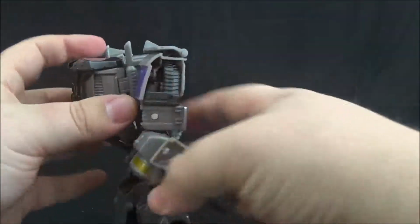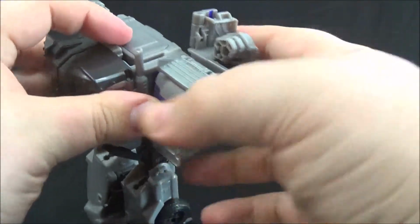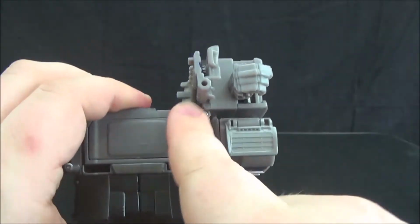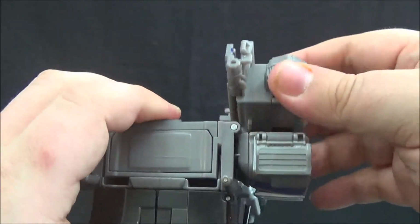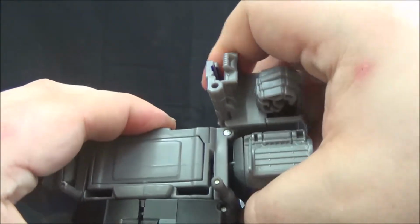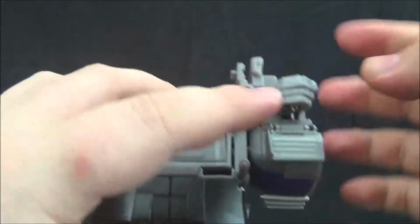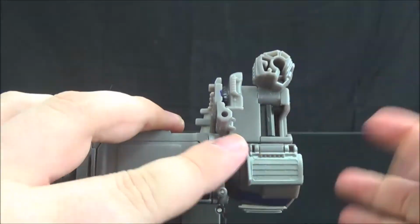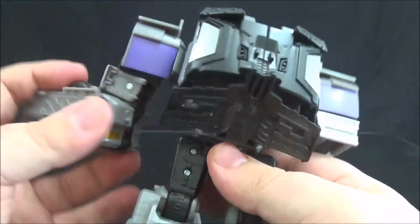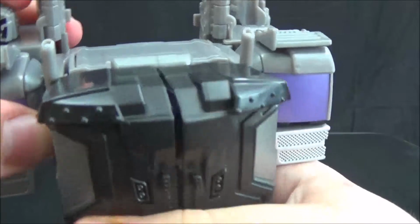Next, we're going to take his arms and rotate them around and bring them up, and you can see this little lip here will sit above this joint, and this peg here will attach into a slot there. It takes a bit of force, but it slots in just fine. So we're going to fold his fist back just so it isn't so apparently a fist from the front. And of course, we are going to do the same thing on both sides,